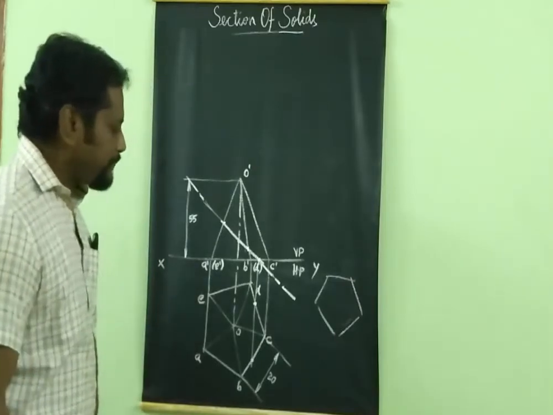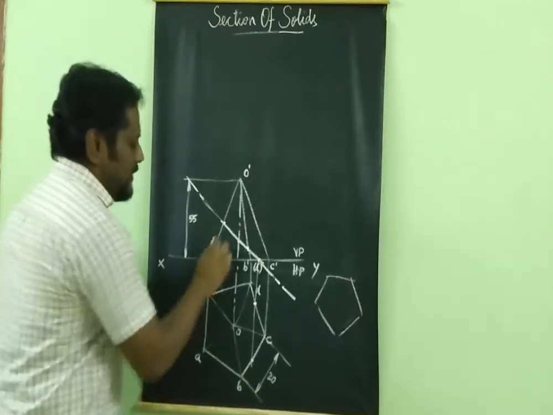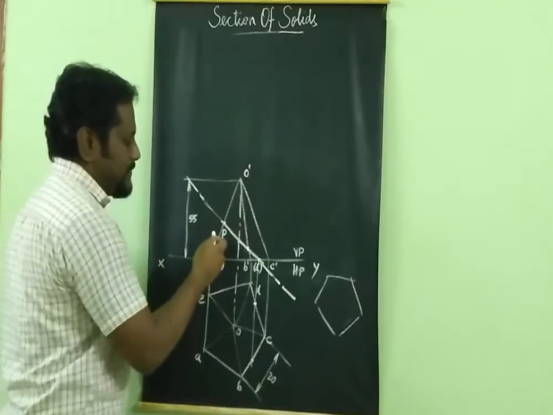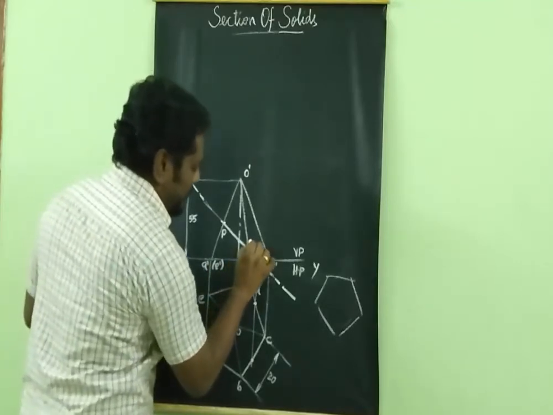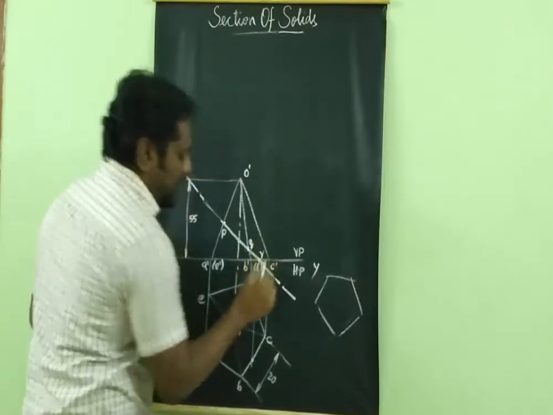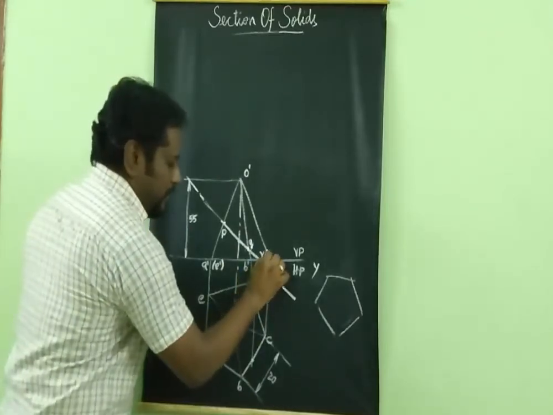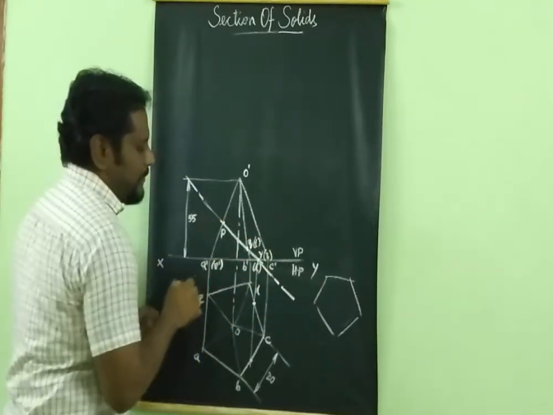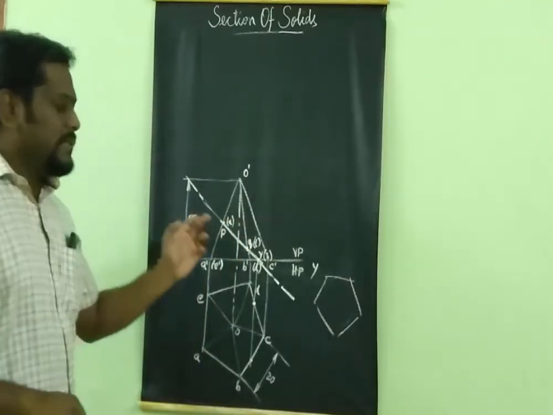Okay. Now the next thing is you have to name the cutting points. First thing, here I am naming it as P. Since the point P is visible, it will be on line OA. Then coming here it will be Q. Similarly, here it will be point R. Then it comes in the reverse direction. Here there will be 2 points, so S. Again here there will be 2 points, T. Again here there will be 2 points, U. Okay. There are 6 cutting points.